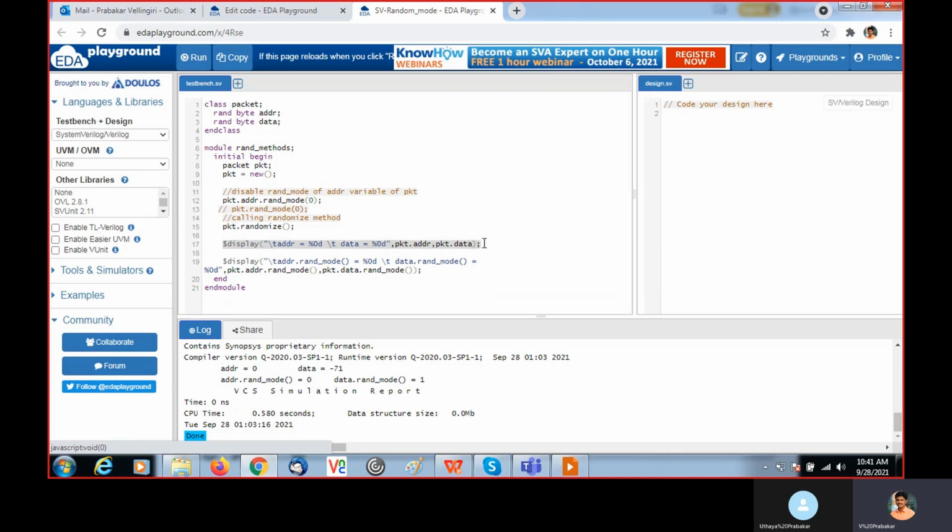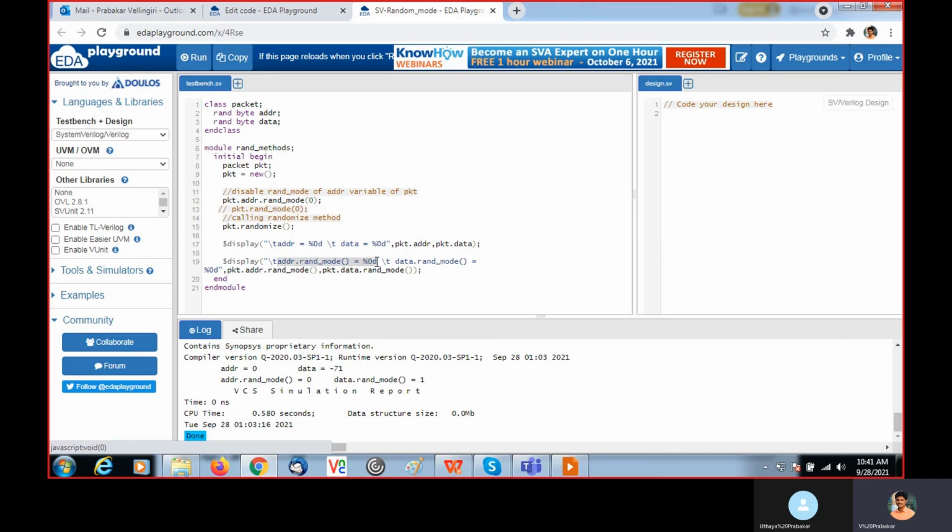Here I am displaying the corresponding values. Again in this $display, as I already told, if randomization is enabled for rand_mode, you will get value 1, that is true. If it is disabled, you will get 0 or false.